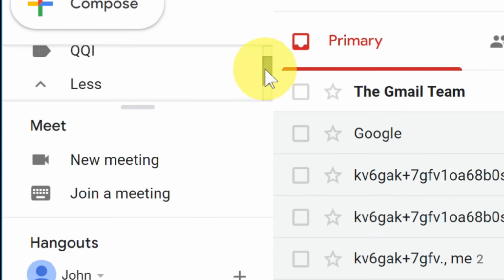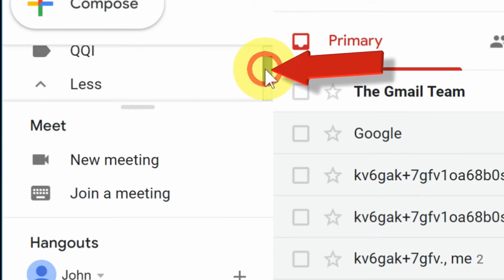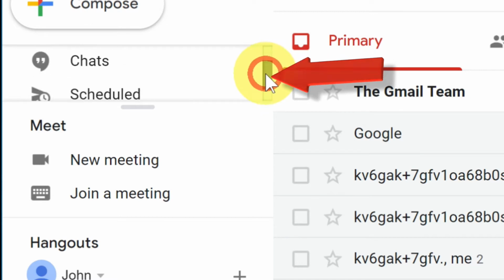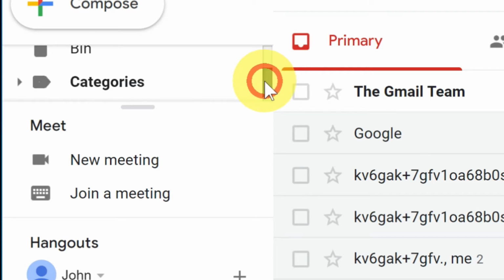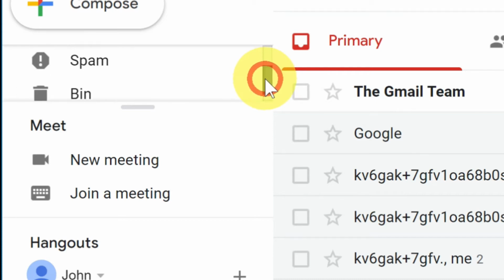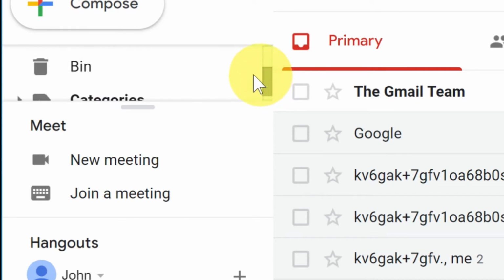Back to the scroll bar, click the scroll bar, hold the click down, pull the mouse pointer down, and again we're looking for bin, trash can, or our deleted emails area. And clearly we can see the bin label is here. Now we found the location, we simply click on it to reveal the contents of the label bin. In other words, where all of your deleted emails are kept. So we'll give one click on bin,